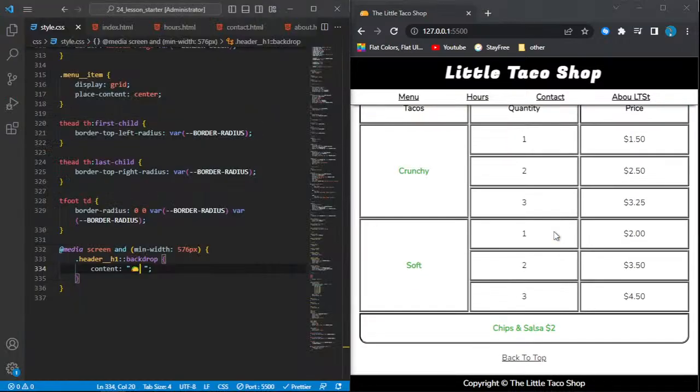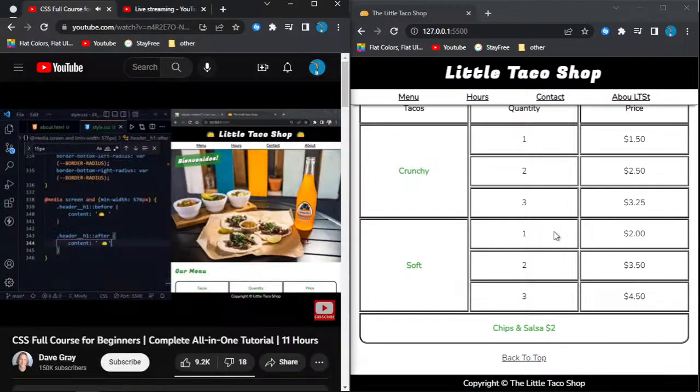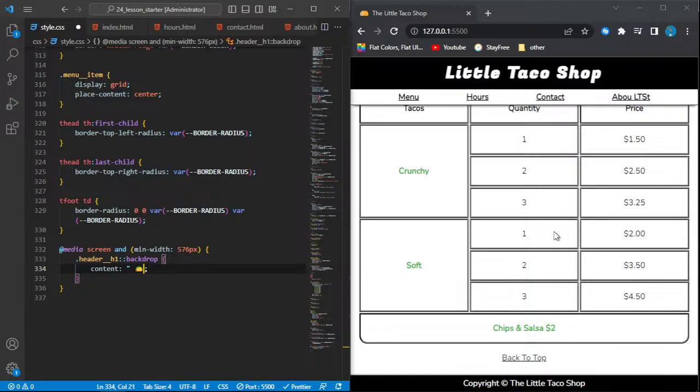So this should show up on any screen that's larger than 576 pixels in width. So when we save, now we have tacos in the heading as well. And that's a great addition for the little taco shop. And it applies to all the pages